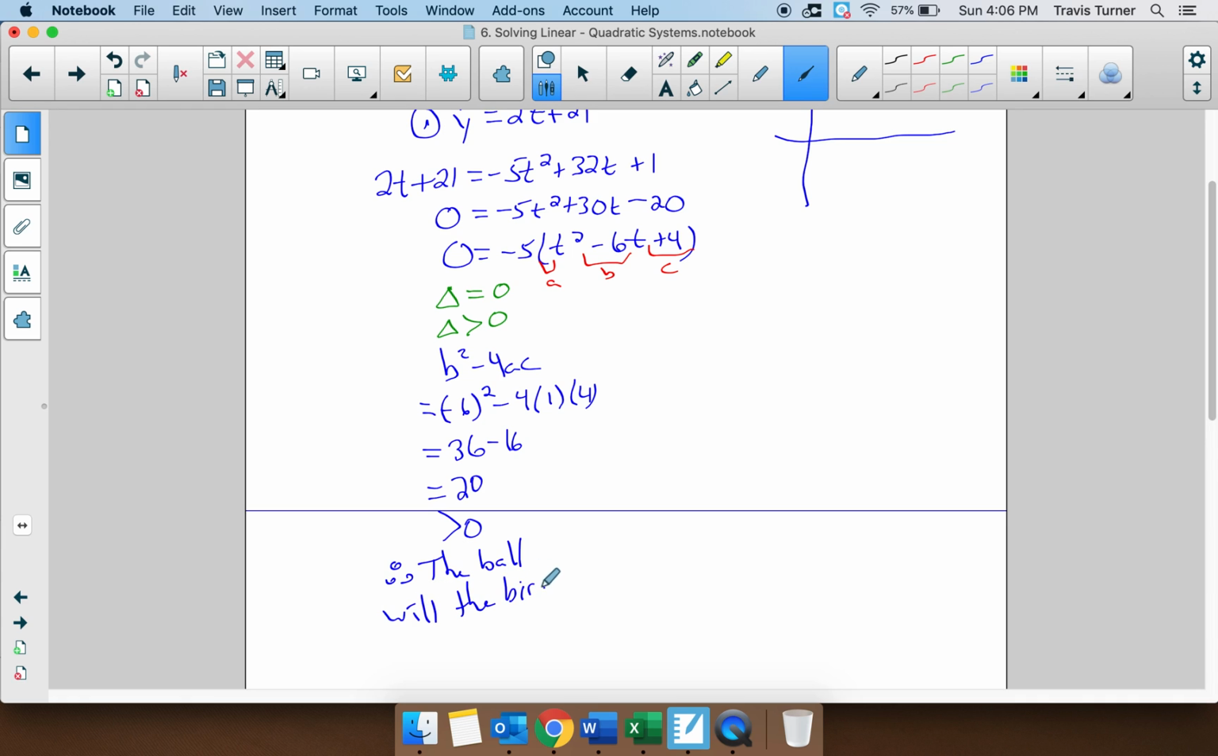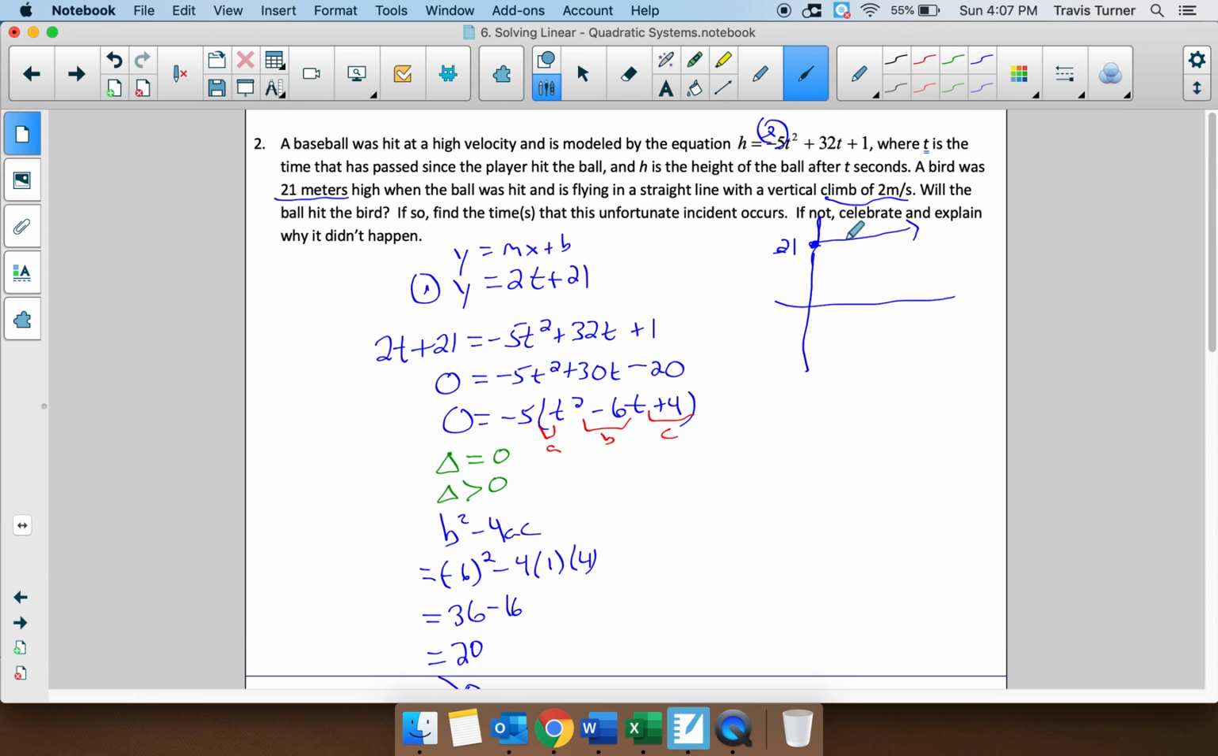In fact, what this is telling us is that there's two solutions and the ball hits the bird twice. Realistically, that's probably not going to happen, but in the shape that the bird is going, it's going to get hit, it's probably going to drop down, and it's not going to hit it twice like this. So anyways, we want to find the times that this occurs. So we need to use the quadratic formula,